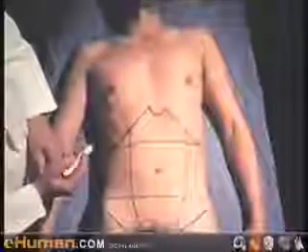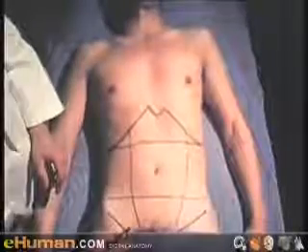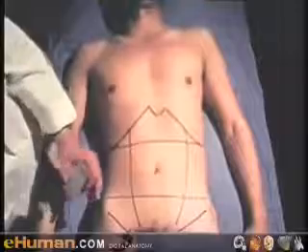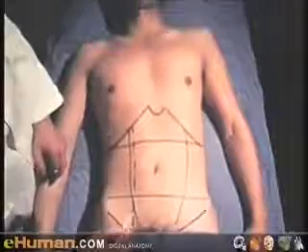I think we should put in the right and left vertical planes. These planes arise vertically from the midpoint of the inguinal region. Now, when we say the midpoint of the inguinal region, we are referring to the midpoint between the anterior superior iliac spine and the midline. Now, if we take the midpoint there and put a vertical line in, and I'll interrupt it so as not to confuse it with the linea semilunaris,